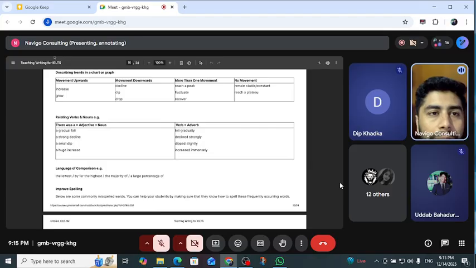Now, while you're comparing between two sets of data, you're also going to use the language of comparison, right? The lowest, by far the highest, the majority of, a large percentage of, right? When you are comparing between two sets of data. And spelling also comes in your vocabulary, so your spellings should also be correct, right? Okay, so is there any confusion till now?